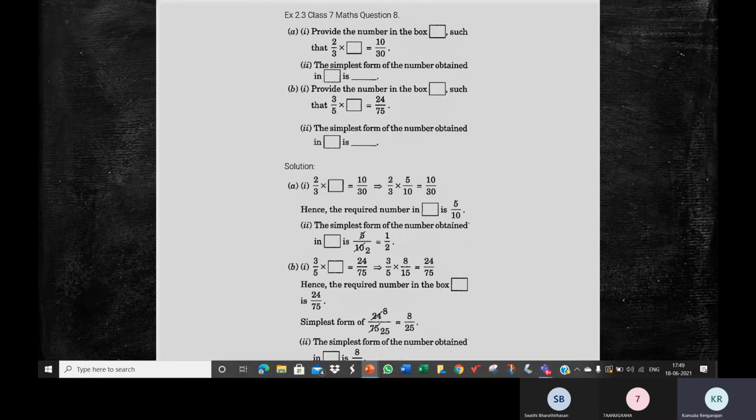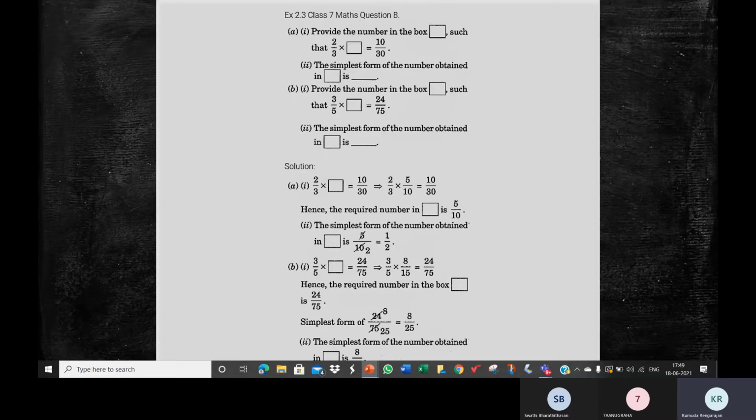So children, here it is not writing equivalent fractions. They are not trying to write equivalent fractions. Swati, that is why you were stuck, right? Because you're like, yes, the denominator we should multiply by 10, but the numerator not by 10. Because if you have to write equivalent fractions, then you have to multiply the numerator and the denominator by the same number. Here it is not the concept of equivalent fractions. It's multiplying two fractions.